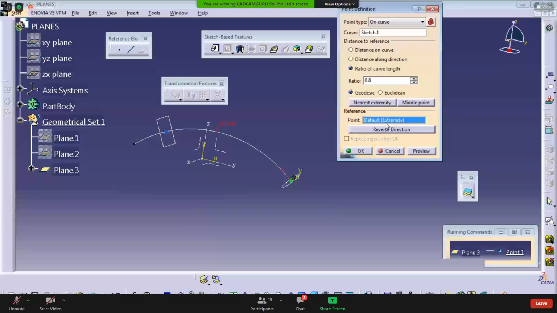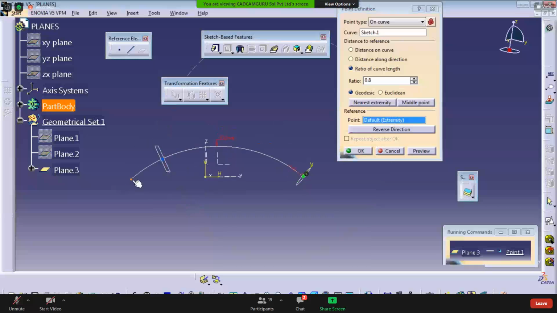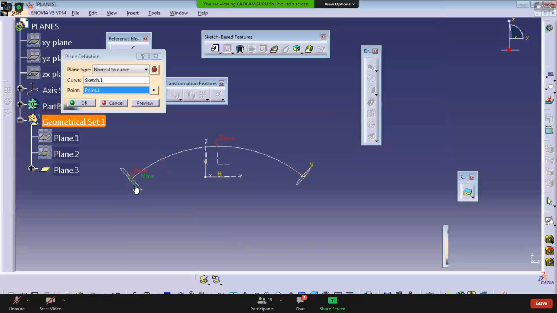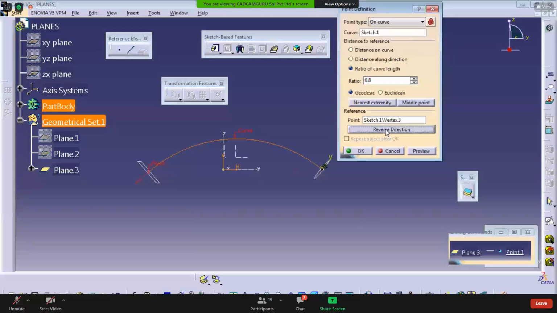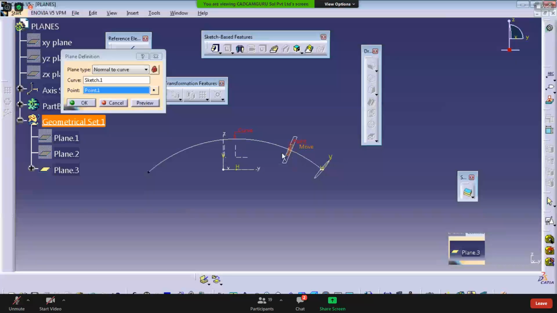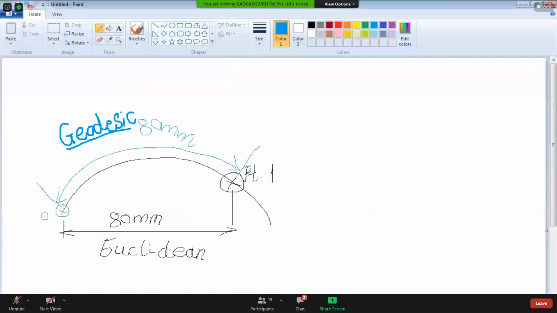Here is your reference. But I want to measure from the left side point. Then you can change the reference point. Click on this. So this becomes the 0 value, and from this 0 value, 80% of the length is calculated, in the reverse direction. Here you can see that. Okay. So in this sketch, if you see, the origin is located towards the left side.